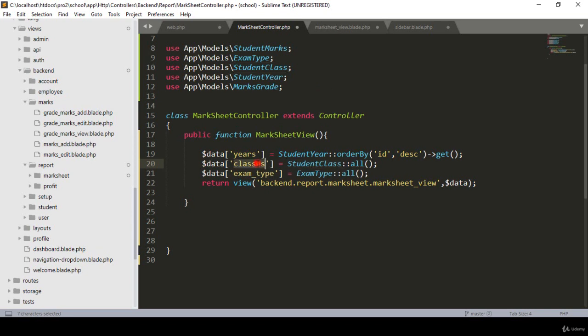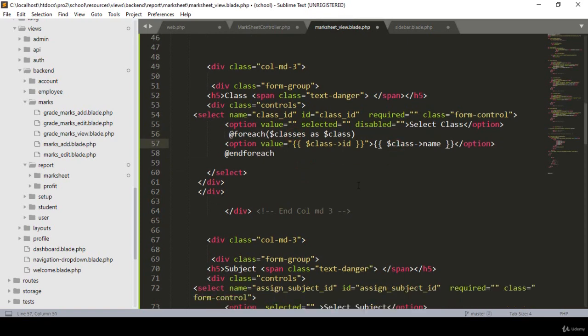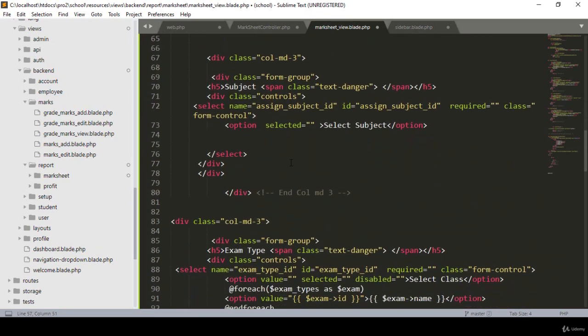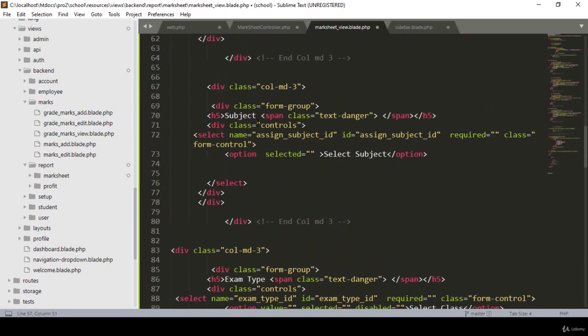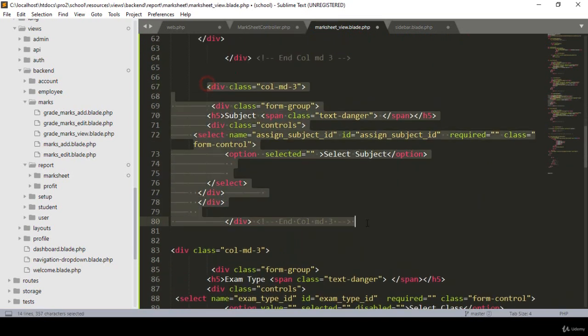I get all the data, take the things with this variable, and here I pass it in our view page, right? So now I just simply added that foreach loop, and into the foreach loop it's getting this data. Perfect. And then that is another one as a subject. So right now here we don't need to use that subject. I want to use that as one of the ID number. So right now better I cut it,